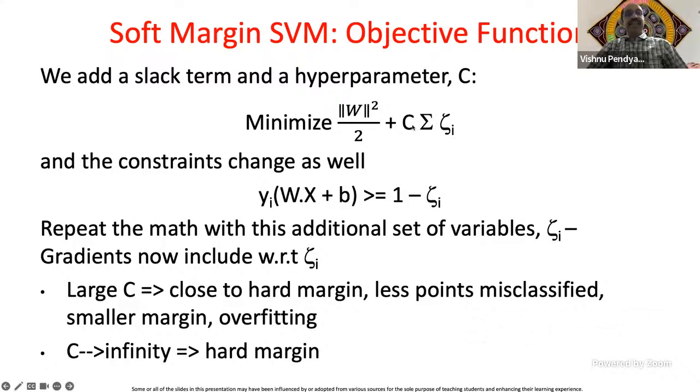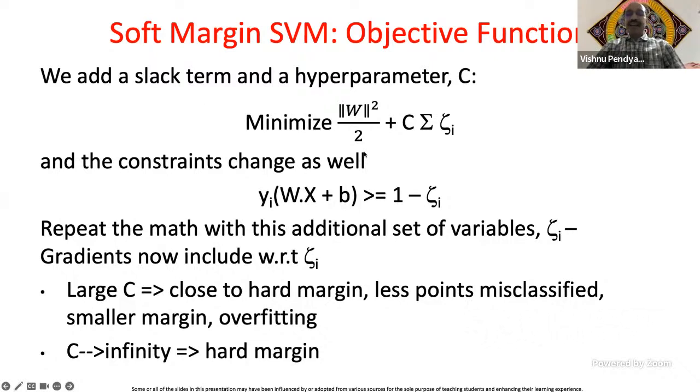So when C is infinity, it's almost like hard margin. It is like our conventional support vector machines, which will not tolerate even a single misclassification, right? When C is equal to infinity. On the other hand, when C is small and as it tends to 0, it accommodates more and more slack. So that is the idea of C. So just rethink the Lagrange logic intuition that we developed in the past few slides and apply it to this expression. You'll understand for yourself in case you are not clear yet.